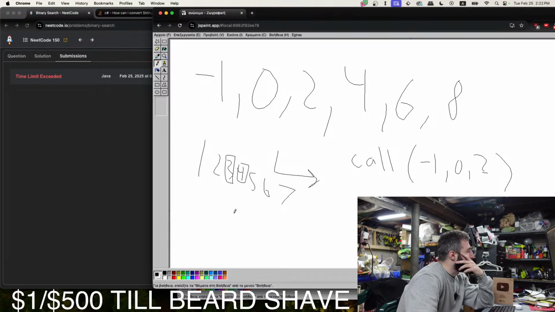Huh, interesting. I was calculating the average. How do you get the middle? Just 7 divided by 2? I don't know.